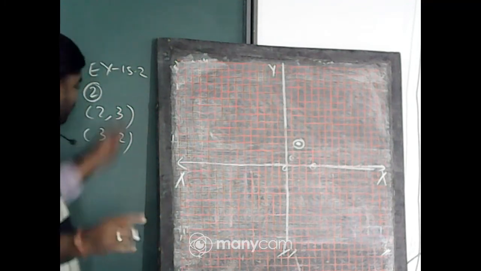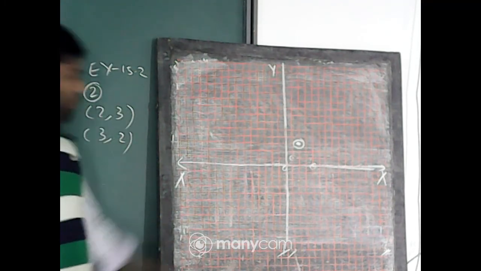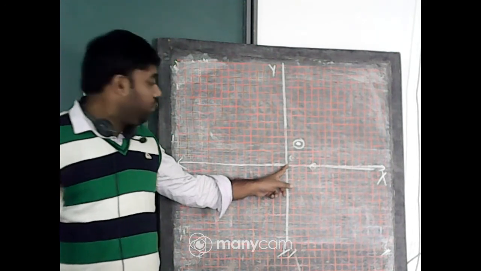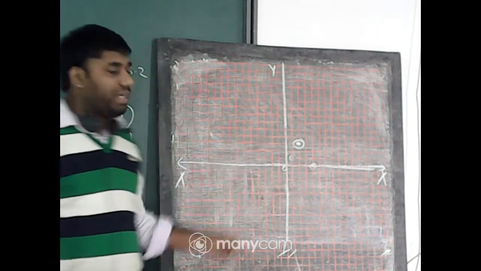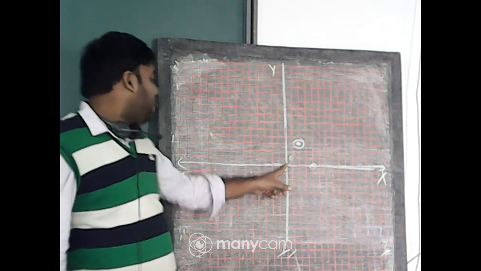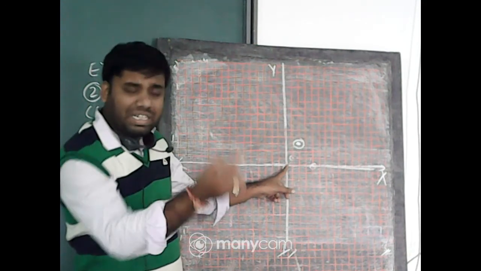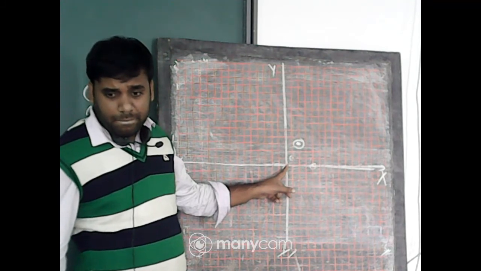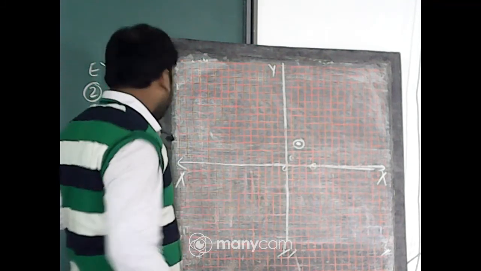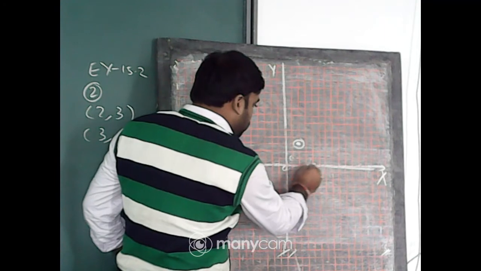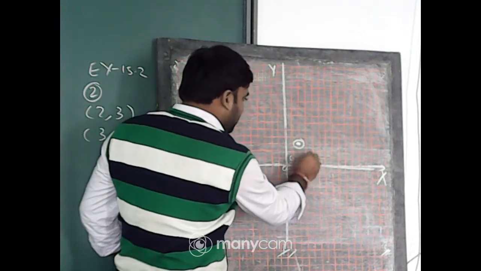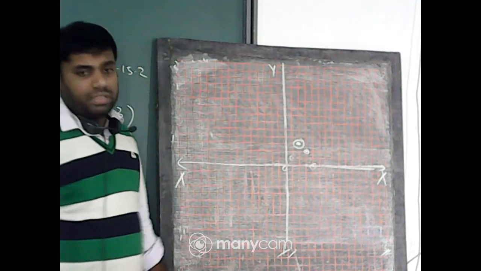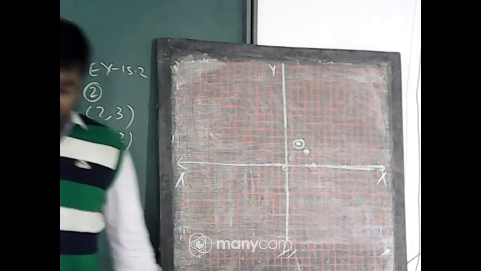And the next point is 3, 2. Here also both are positive. So from here, x is positive, y is positive. For plotting the 3, 2 point, we'll move left hand side or right hand side? Right hand side. So right hand side, first x coordinate 3. 1, 2, 3. 3, 2 means that point. Am I correct?